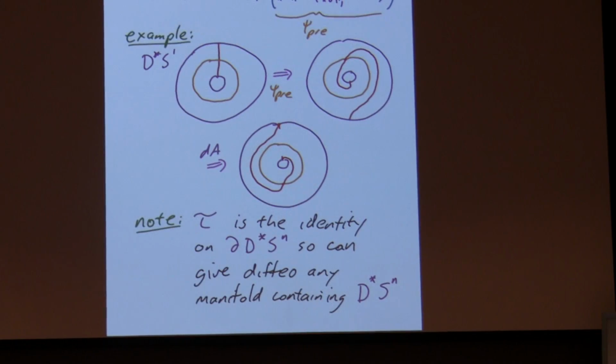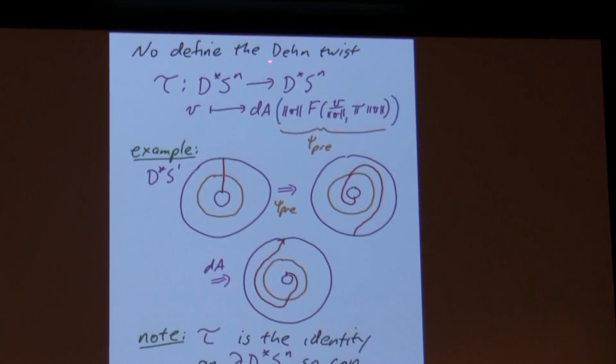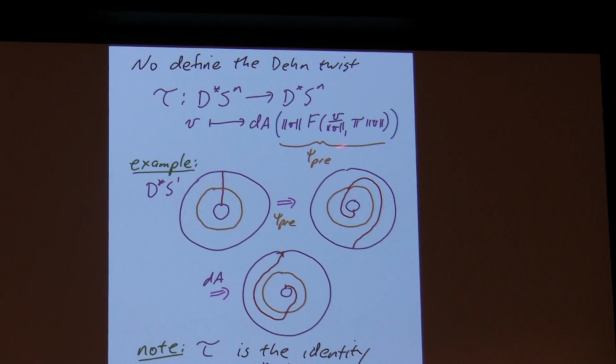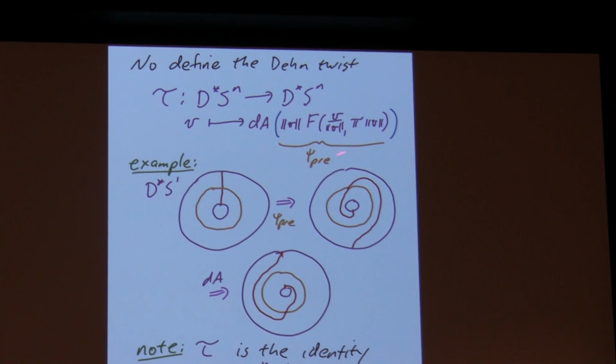So given these two things, I can define the generalized Dehn twist on the unit disk bundle, and it's just defined by this formula. So basically, you flow a certain amount depending on how far away from the origin you are, and then you apply the antipodal map. So I've just tried to draw the example here. Instead of going through the formula and talking through it so much, although you can stare at it, basically the part here with all this F stuff is saying that at the zero section, don't do anything. Basically, flow for time